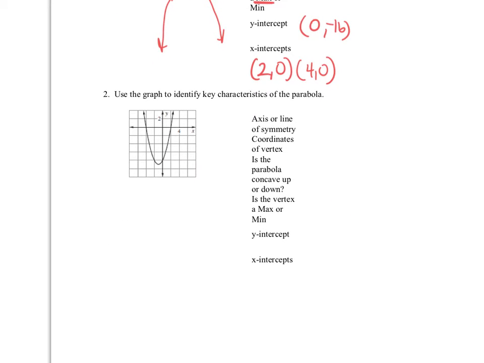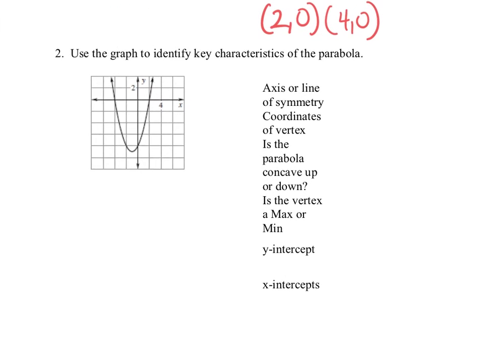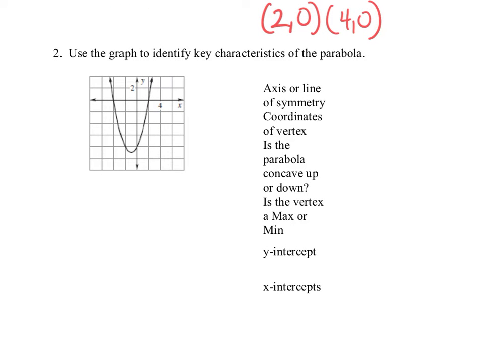Part 2, number 2, it says use a graph to identify key characteristics. It does look like our graph is going up by 2, so you do want to be careful there. Our x-intercepts are right here, and our vertex is right there. So if we look at our axis of symmetry, it's going through there. Okay, so let's go ahead and list all of this. Axis of symmetry, it looks like it is x equals